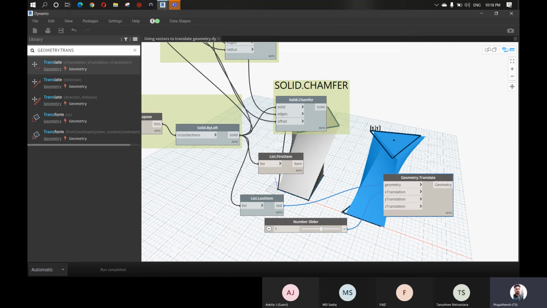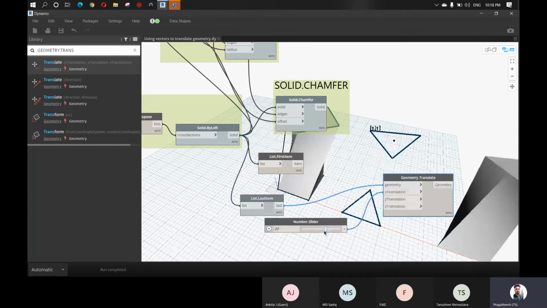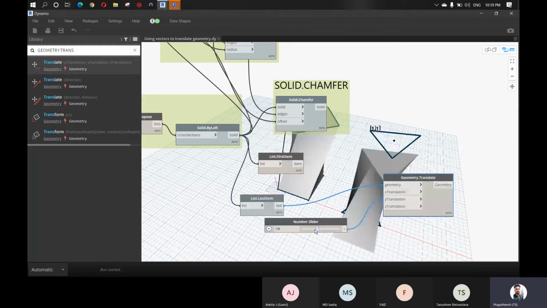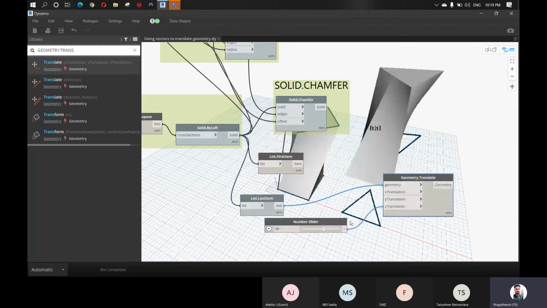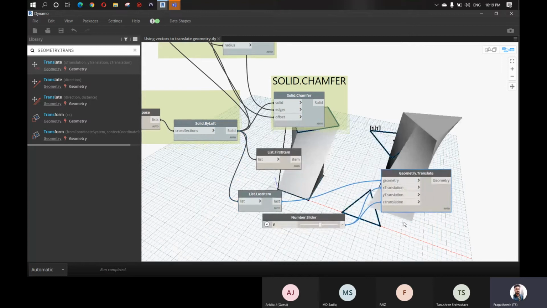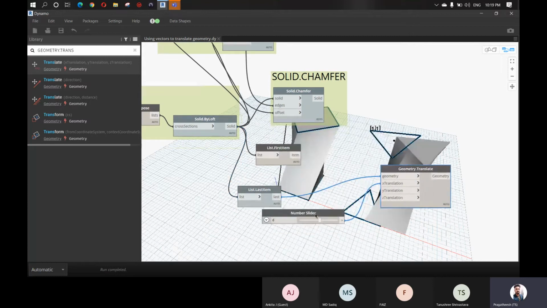As you can see, when I connect this, it moves a little because this is the 0 point for this one. So we have to move in the negative. When I move the slider, it is moving along the x-axis because I just gave the x translation. If I give a y translation, it will move on the y-axis. If I give a z translation, it will move on the z, like this. You can see it is moving in y. If you want to move this in z, you can use it like this. But in this case, I want to move with x.